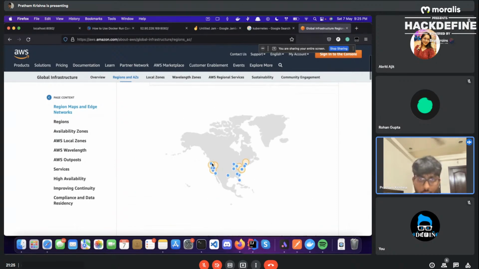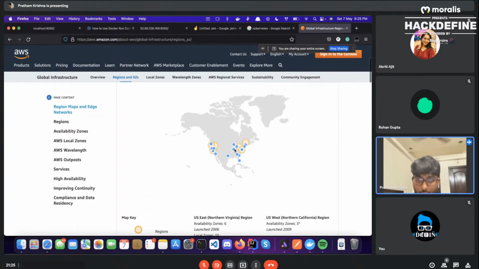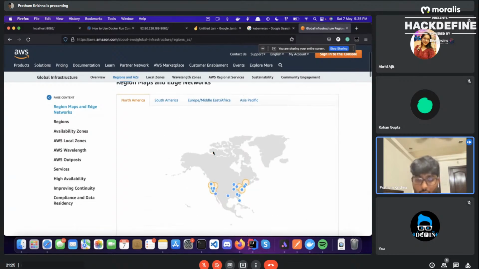So it's somewhere over here. And one of your users is in Northern California, and the other user is in Mumbai. So there's obviously going to be a latency difference. Someone in Northern California will get an instant reply from the server, whereas someone in Mumbai might take probably a second more. So there's going to be a delay.